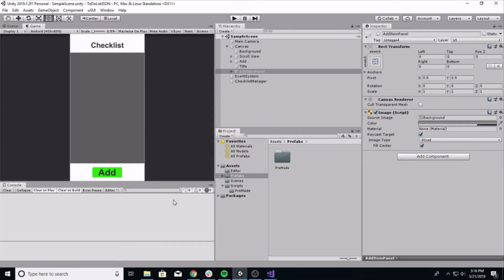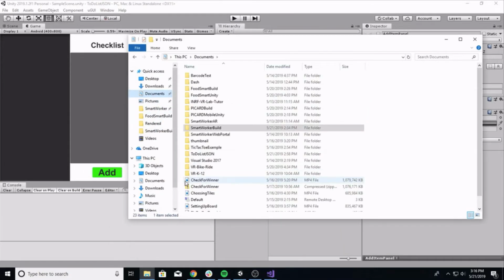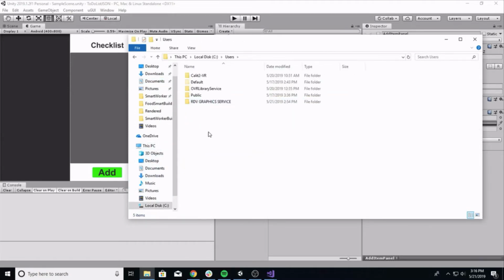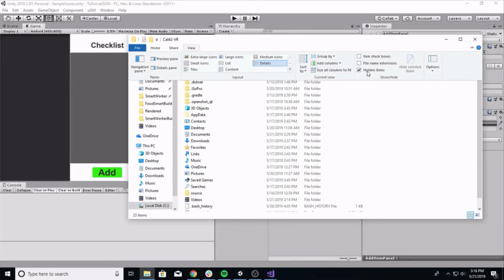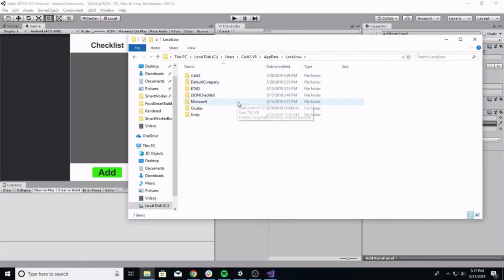looks like. If I go into my file explorer and I go to users, this is my username, Cali22VR, and then you need to make sure that you have hidden folders showing. So if you go to View tab and you see this little checkbox here, if you check it, it'll let you see hidden items. And then if you look in app data, local low, you find the name of the